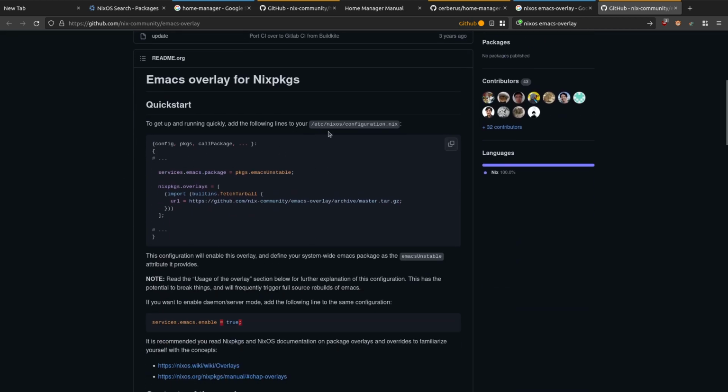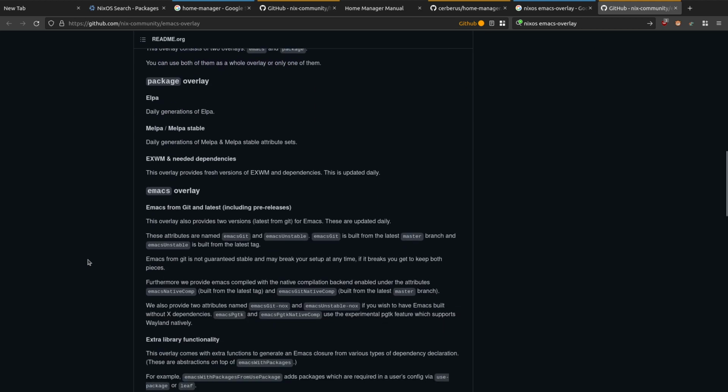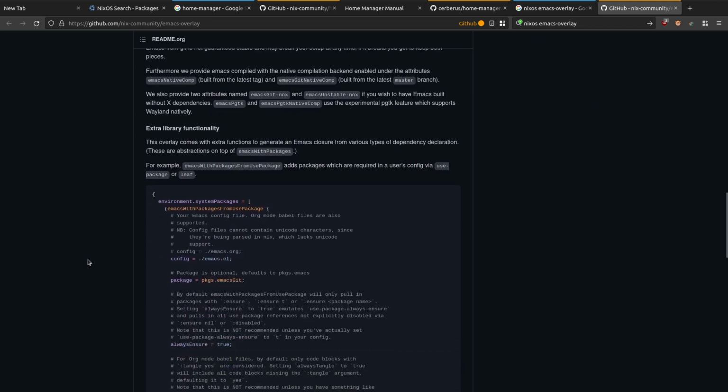This example is actually for the NixOS operating system as opposed to the nixpkgs package manager and home manager, so I had to do a little bit of digging to find the correct way to do this. Well, basically in this section down here, if we scroll down here, furthermore,